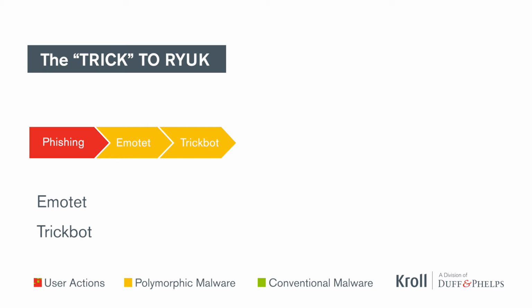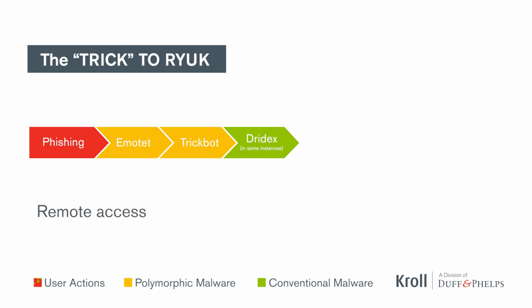Both of those are banking Trojans that present different risks to your enterprise or environment. I won't dive too deep into those. But with TrickBot, the important thing to note is that it actually has a remote access module or capability that allows the actor to get into your network with a reverse shell. So now, through a phishing email and the TrickBot banking Trojan, they gained access into your network